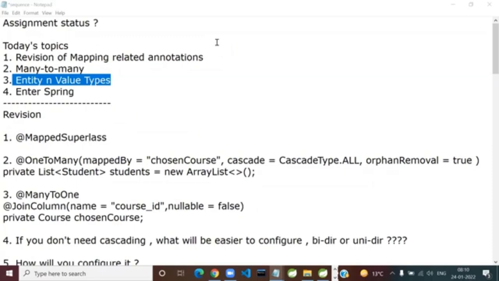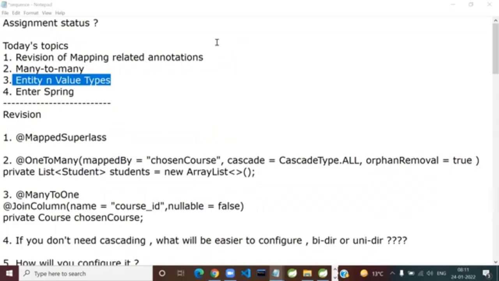So tell me, which one have we exercised, aggregation or composition? What we have done is aggregation, where a student can exist without a course and vice versa. A student may not have an address. I have shown you this as aggregation. When I take you to entity and value types, you will see the relationship between entity and value type again has a example. The same example I had purposefully taken long back in core Java.